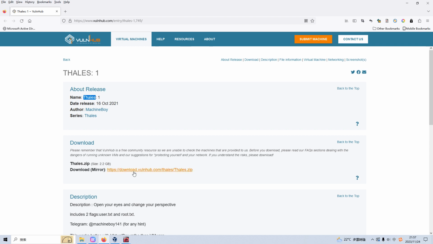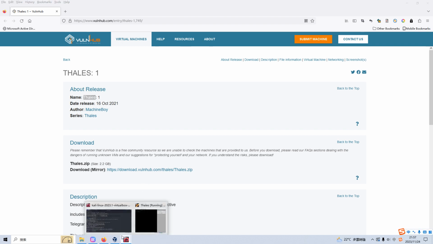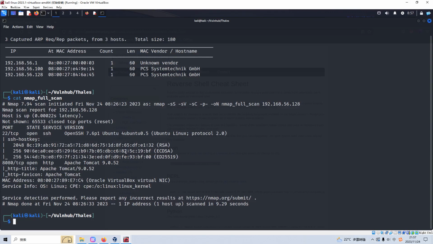To save time, I've already downloaded this machine, imported it into VirtualBox, and started both Kali Linux and the target machine. Then we can switch over to the Kali Linux VM. As you can see, the first thing we need to do is to discover the IP address of the target by command netdiscover or other similar tools. In this case, the IP address of the target is